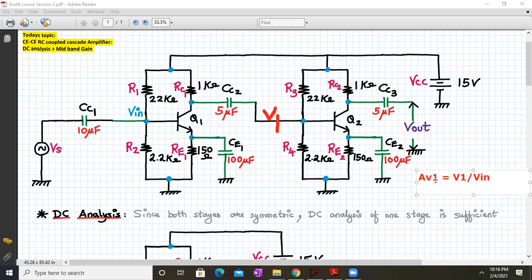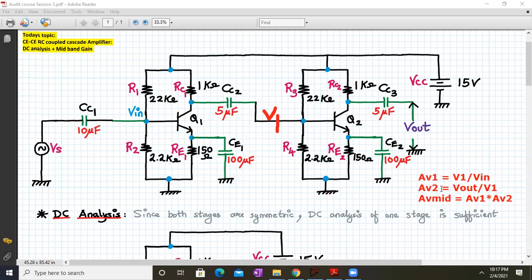And what about your AV2? AV2 will be equal to V out divided by V1. And your total AV mid will be the product of the two gains, AV1 into AV2.